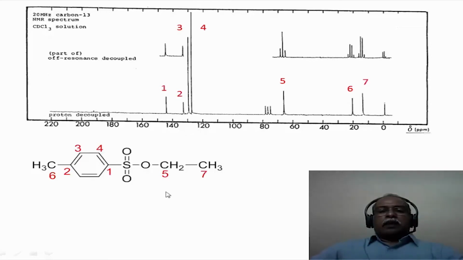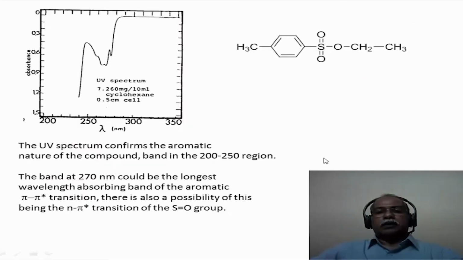Now the CH2 which is attached to the oxygen will come around 65 ppm or so. In this particular case it comes around 67-68 ppm or so. The CH3 which is the aromatic CH3 comes around 20 ppm and the terminal CH3 would come around 10 to 12 ppm, which is this particular peak that is seen here. And the off-resonance spectrum also very clearly tells us that this is a CH2, this is a CH3 and this is a CH3 peak. So essentially the carbon-13 spectrum as well as the proton NMR spectrum and mass spectrum are easily fitted into this particular structure.